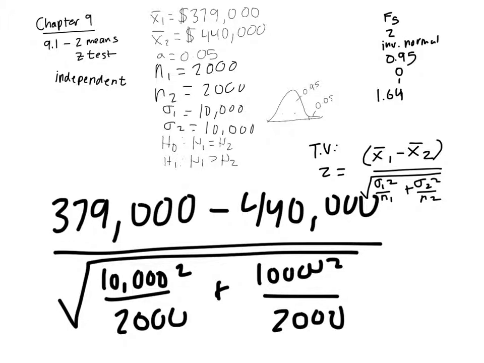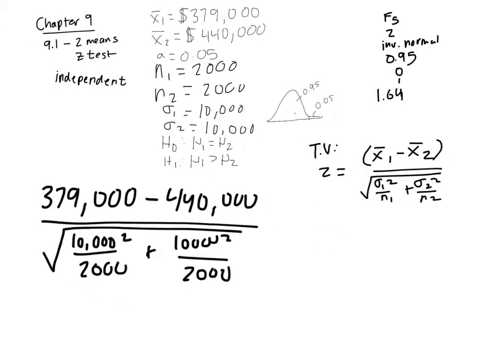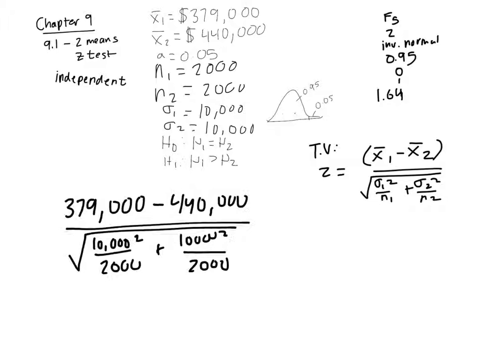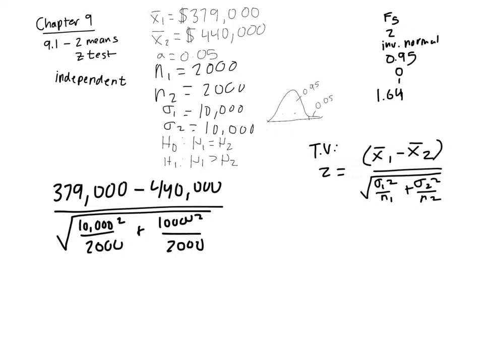These numbers are the same just because those are the numbers that were given in the problem, but a lot of times they'll be different. The only reason that they're the same is because the sample size on both of them is the same, as well as the standard deviations. So we're going to plug that into our calculator, and we're actually going to get a number of about negative